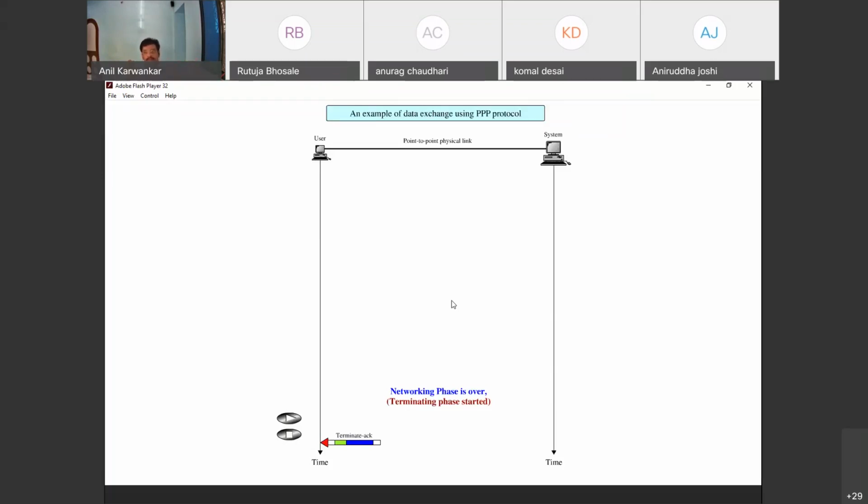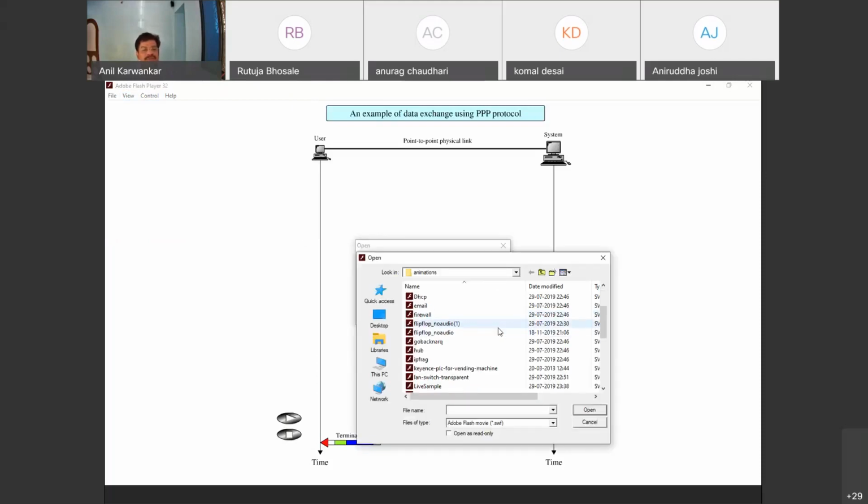It's a peer-to-peer protocol where all the peers are intelligent peers. These intelligent peers will help you, but of course it's not at all part of the PPP protocol. But along with the networking phase, peer-to-peer configuration can also be supported. I will not go into the detail of the P2P protocol. I will just show you the animation of the P2P protocol.